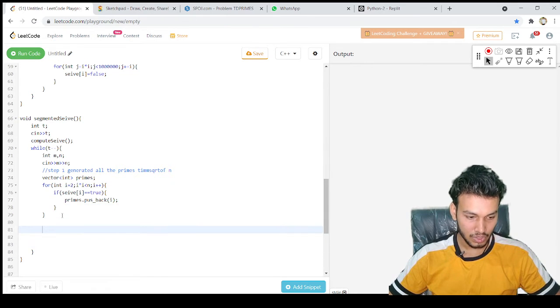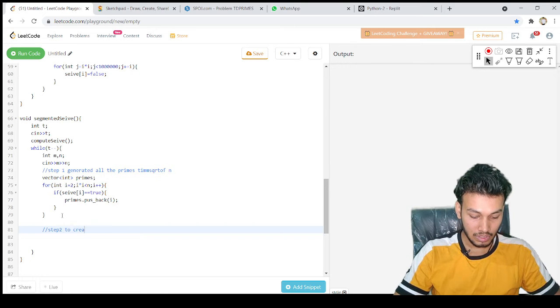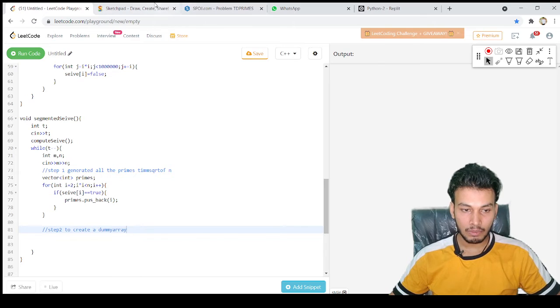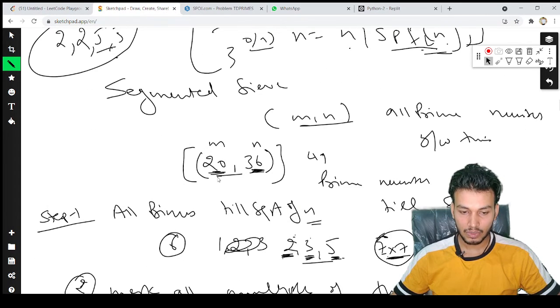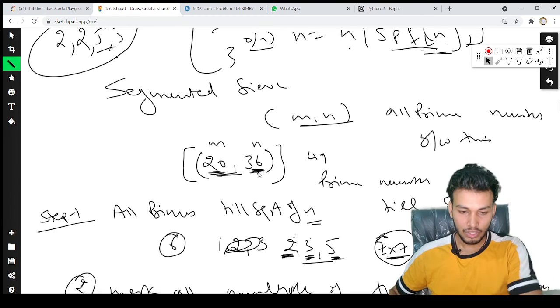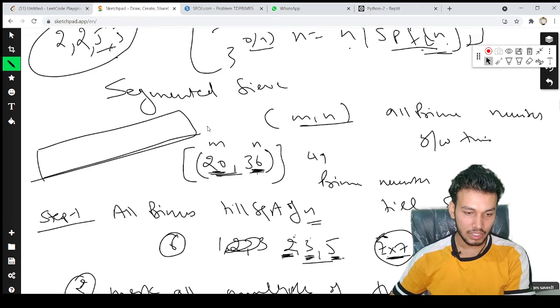Step two is to create a dummy array, right? Because if you remember here, we need to mark between this range, let's say 20 to 36, right? So we will be needing a dummy array storing all of these integers like 20, 21, 22 till 36.